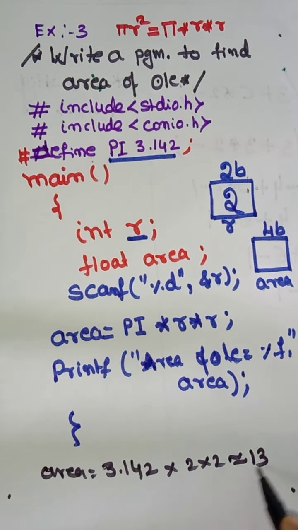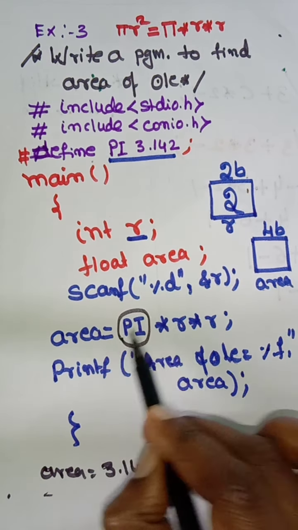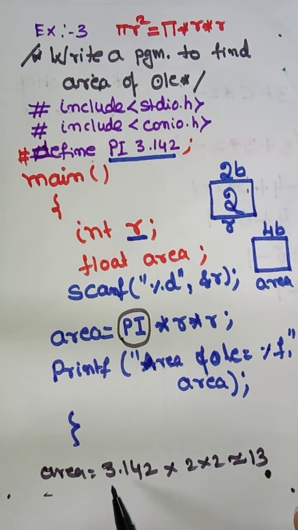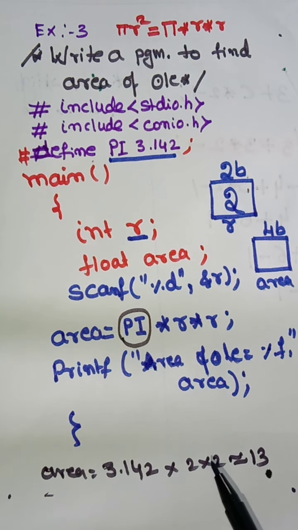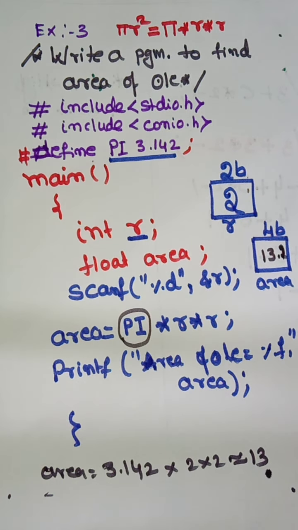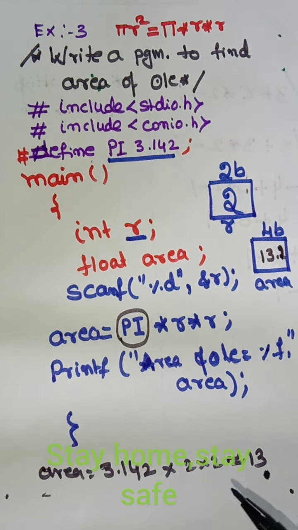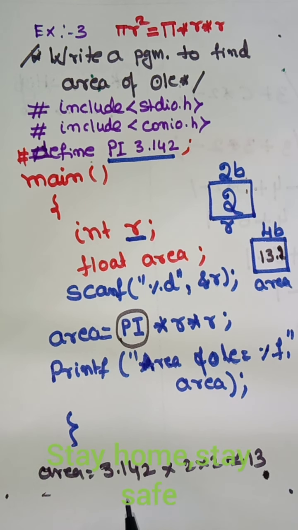Okay, so whenever you are saying this, the compiler is going to execute this value. It takes this pi value from the definition section that I want to explain in this program. So here it is going to print whatever the value 13 point something, 13.2 or 13.3 you may get. Okay, please do not write other programs; the same program first you try to write, afterwards you try to write the other programs. Okay, meet in the next video.